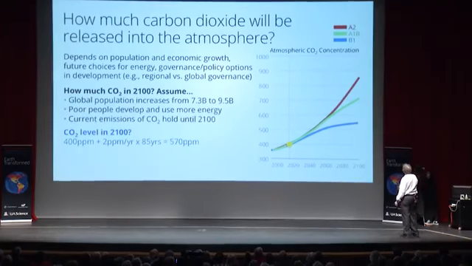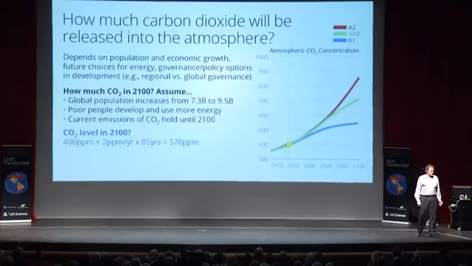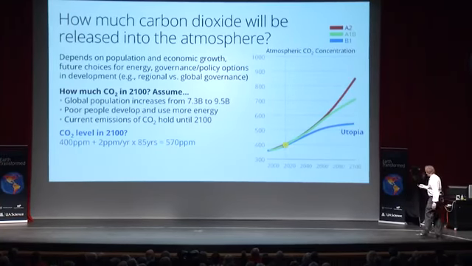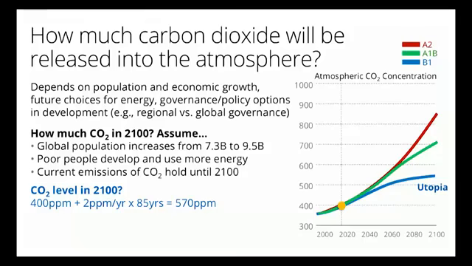So here's one of their scenarios that ends up at 550. I call that utopia, right? Or dreaming, or whatever you want to call it, okay? But then there's another one, which is this red one, which is business as usual. It's assuming that we keep on developing, we add these people, certain countries move to renewables faster than other countries, and you end up with more like 900.